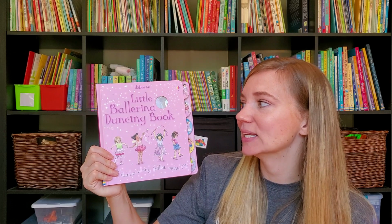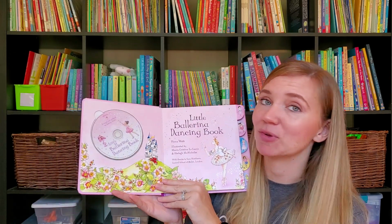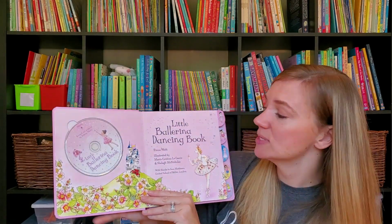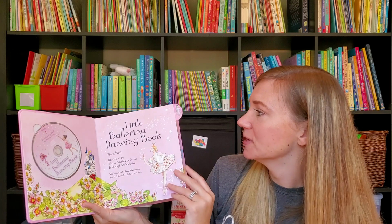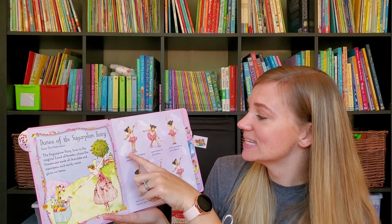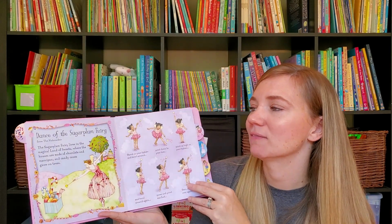All right, moving along to my next daughter. She is 6 years old. She is a girly girl, and her book that she picked out was a Little Ballerina Dance Book. She did ballet for a couple of years, so we've moved on to gymnastics since. This has a CD that comes along with it, so you can play the music, and then it has different dances, and it tells you how to do the moves,